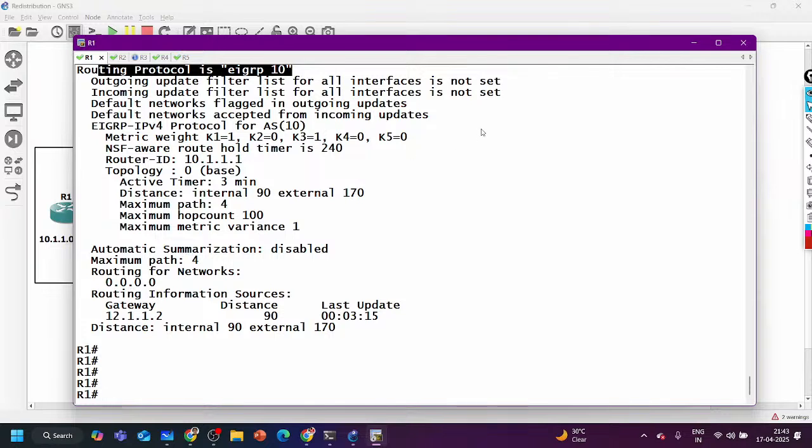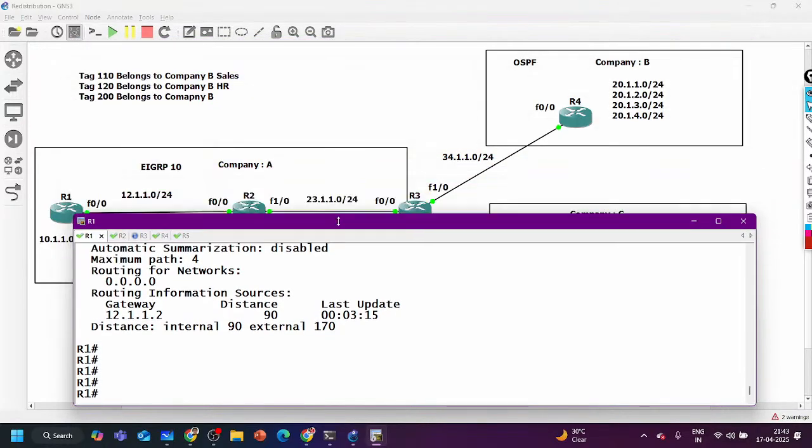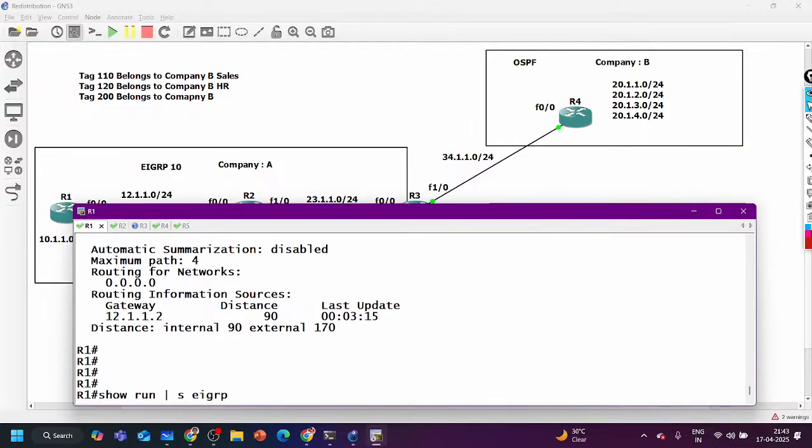No. There is no any information about redistribution. Now this is task for you, how to identify the redistribution of EIGRP.